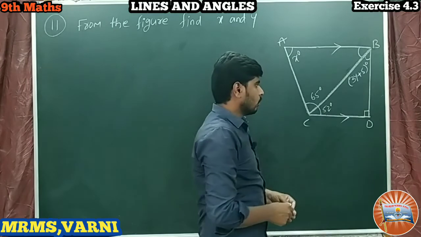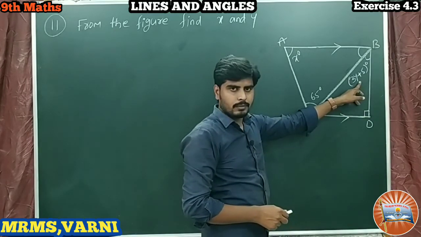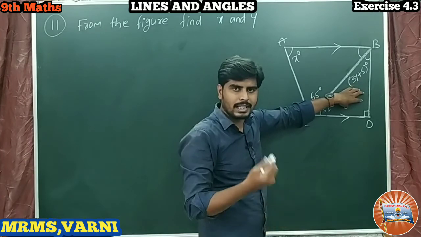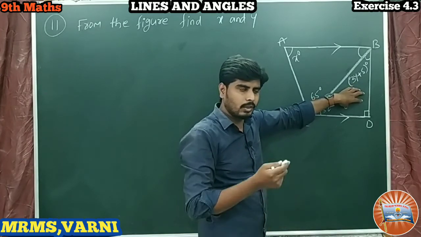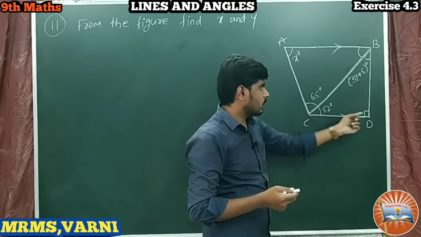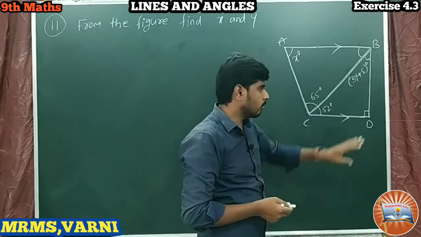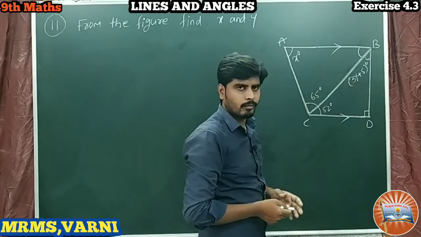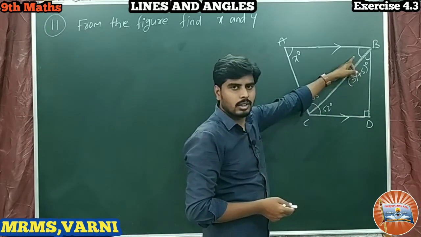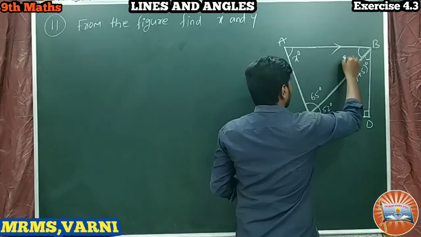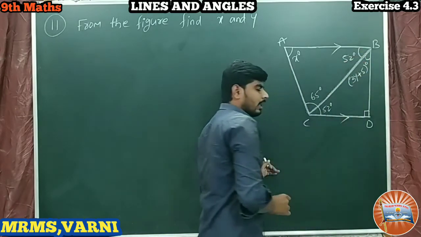So we have to find y value first here. So we have one property, sum of three interior angles of a triangle is 180 degrees. From that we can write these three angles is equal to 180 degrees, then we can find the y value there. Okay, similar concept we can apply here also. What is the angle here? 52 degrees, because they are alternate interior angles.